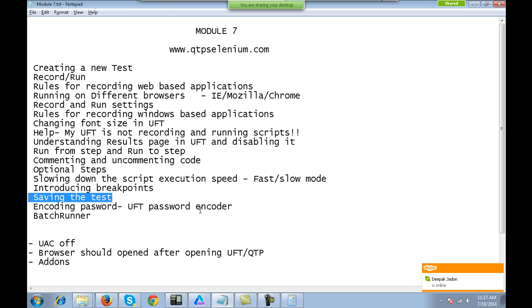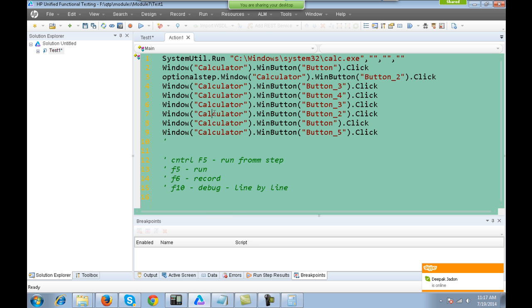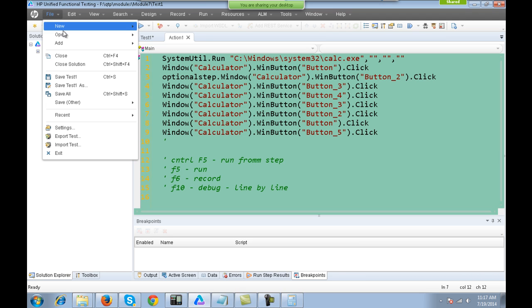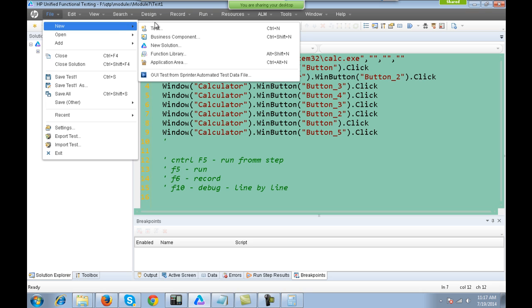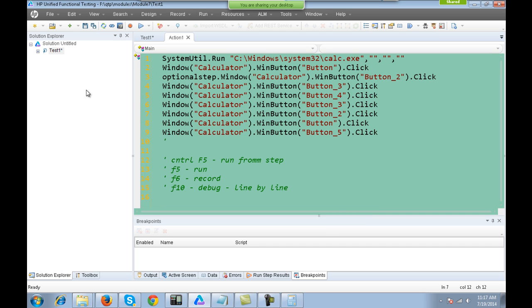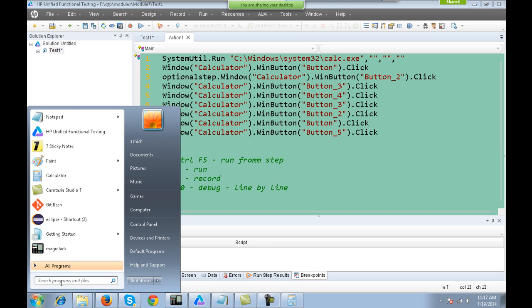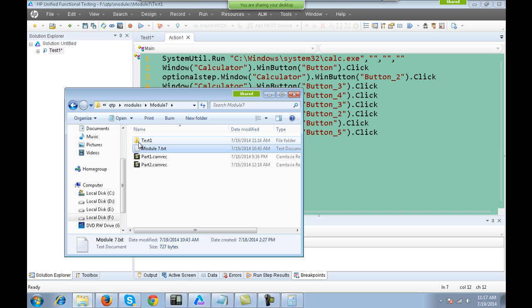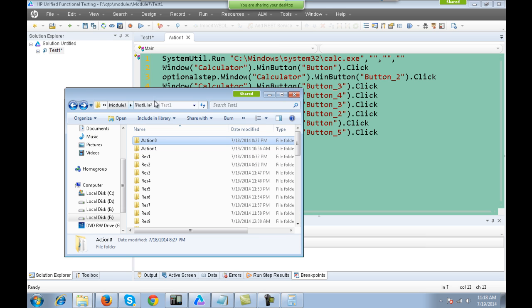Saving the test, it is very simple. In QTP 10 and 11 you had to explicitly save the test, but when you use UFT 12, the test is automatically saved when you create a new test. If I create a new test, it will automatically be saved at this particular location which you enter, right? If I look at the place where it's saved, test 1. Fine, inside test 1